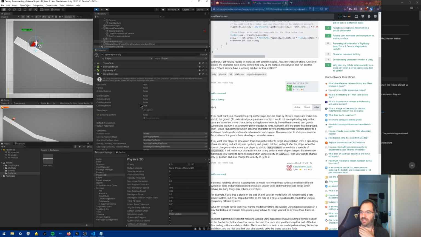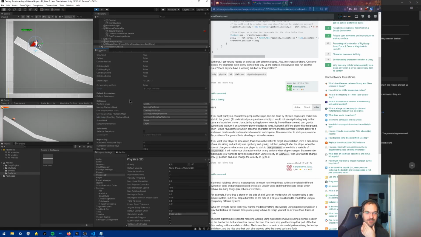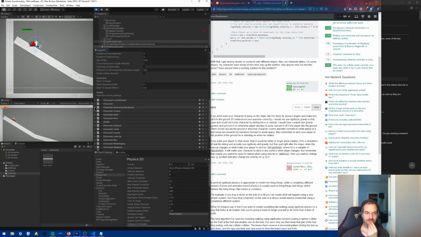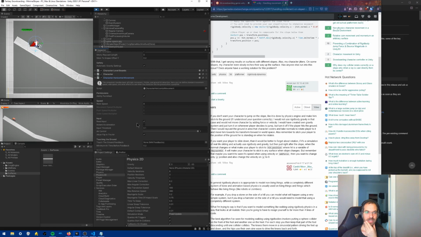We have this Corgi controller that has a slope angle, and we have a horizontal movement. So based on the angle of the character's slope,